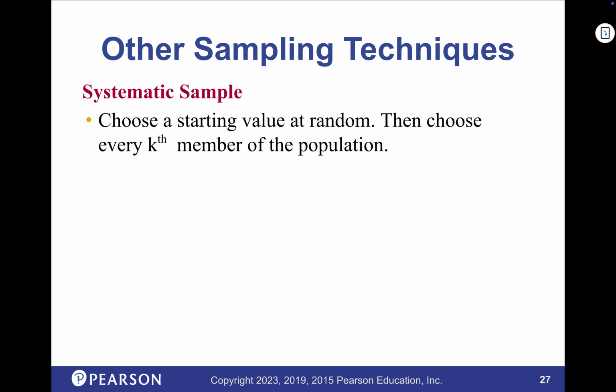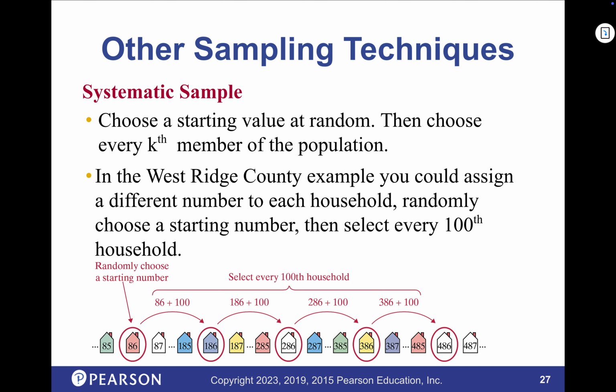Systematic. This is often done in manufacturing. Anyone going into engineering? Okay, design, yeah. So you want to get quality control. So systematically, you're going to check every 100th or every 50th or every 10th. You're not going to check them all because you just can't do it. So you sample, taking every so often.